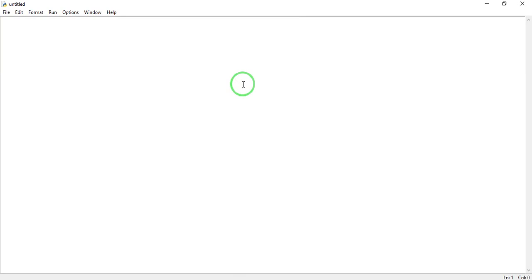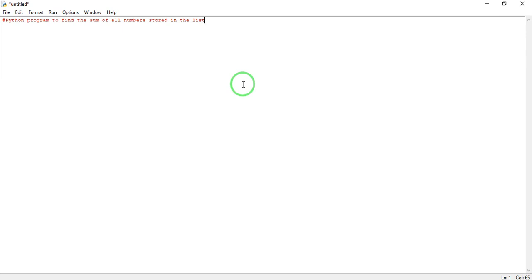Now remember, when you have a hashtag, that stands for a comment. So that might write the comment. Python, while compiling, will not read this comment. Okay, this is for our understanding. So let me write: Python program to find the sum of all numbers stored in the list. Okay.